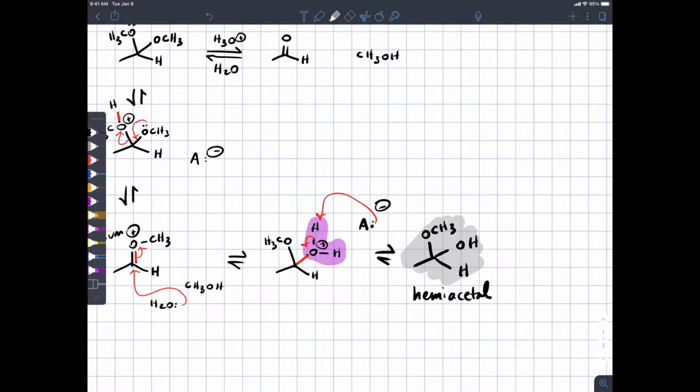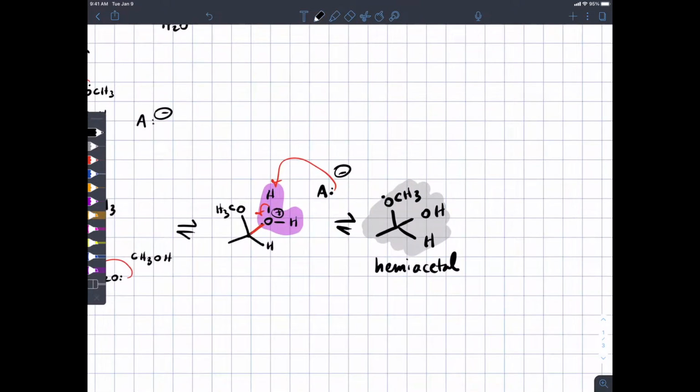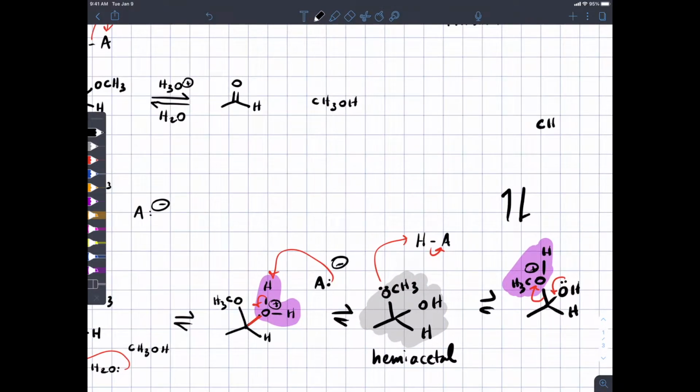We want ultimately to get rid of the methoxy group, so we're going to need to convert it into a good leaving group. We can do that with the acid catalyst. That generates an intermediate that we've already drawn above. In this intermediate, the positively charged methoxy group is the good leaving group, and the neutral oxygen can kick electrons down and kick the leaving group off. Methanol is our leaving group. And what's left